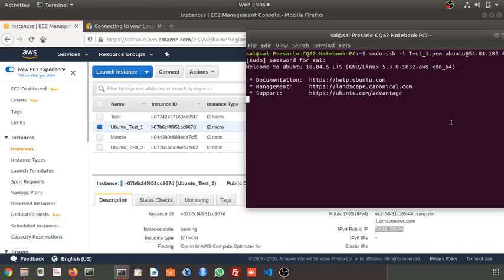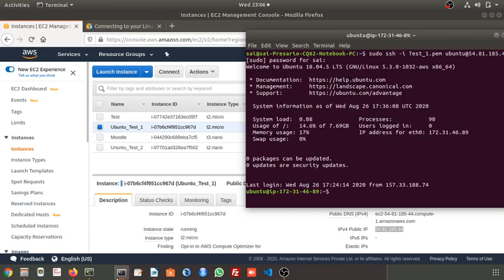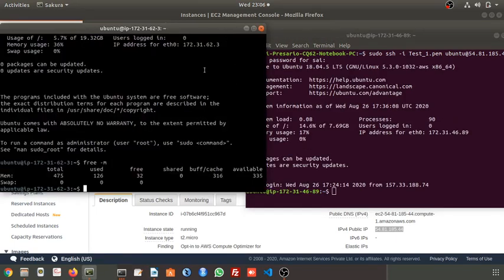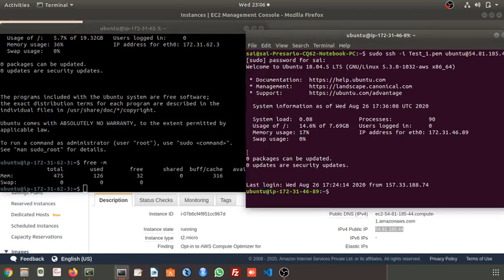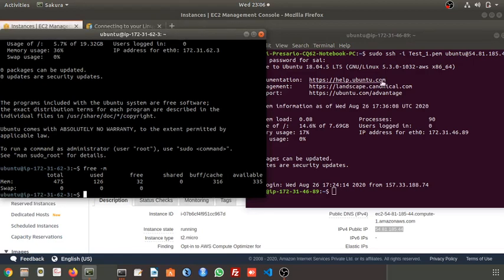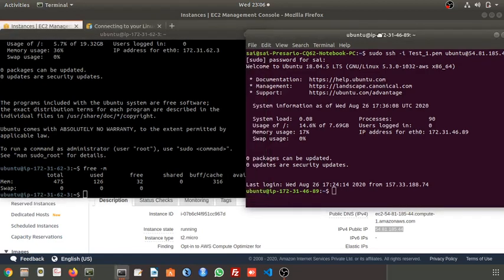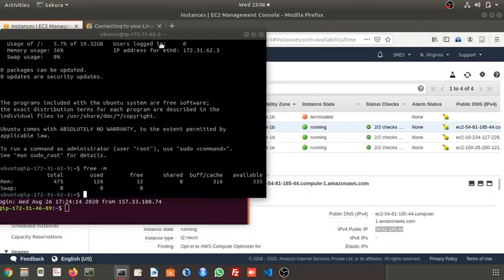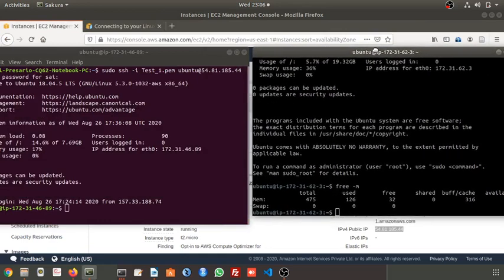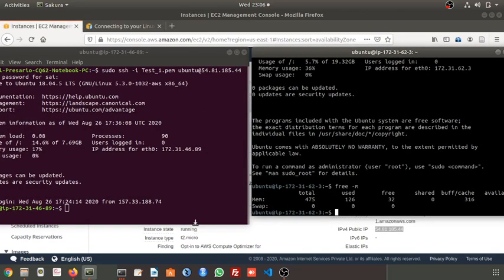Wait for a moment. Yeah, now we have connected. Now this is the first instance, and this black color one is the second instance.